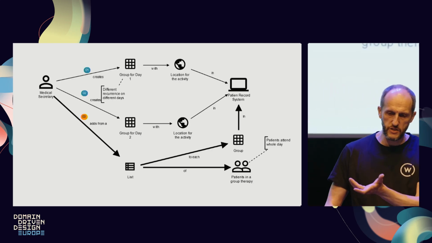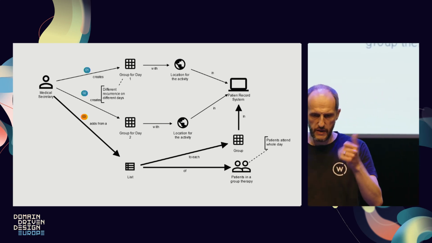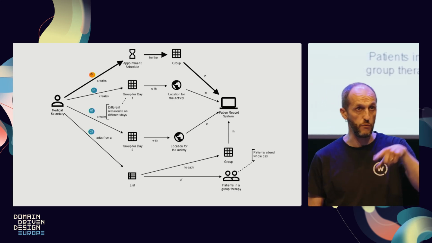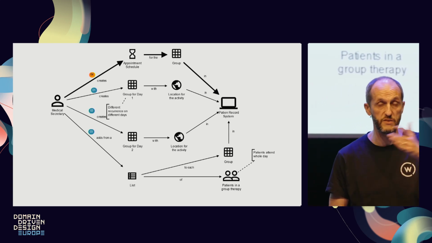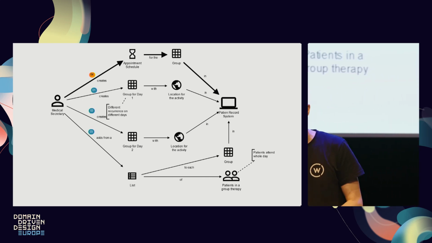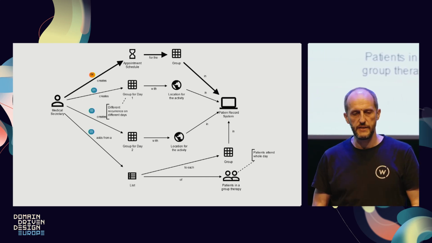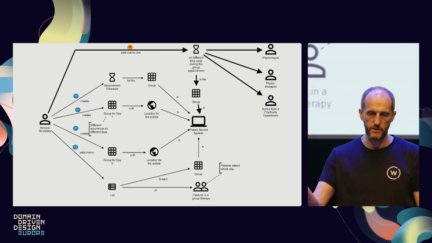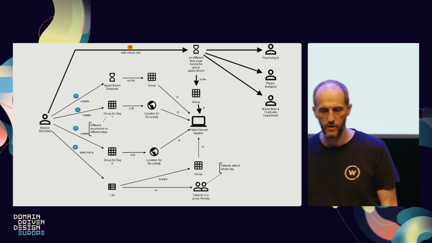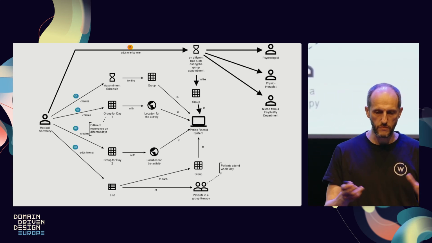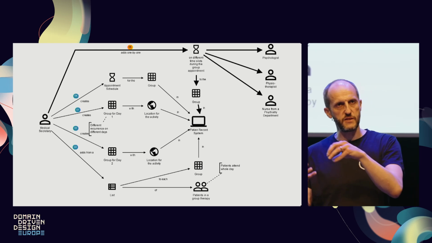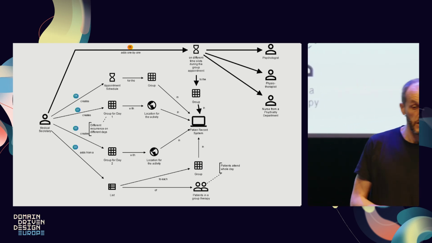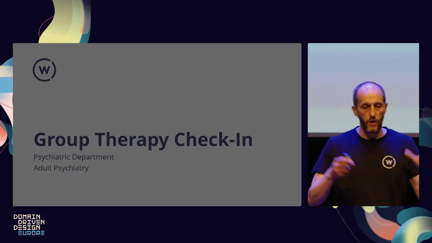And then we add patients to the group after those days that we have set up. And then we have the schedule for each day. What happens on Wednesday, 8 to 10, on Wednesday 11 to 13 or something. And then they set up who is going to participate in each appointment. Is it a psychologist? Is it a nurse on the psychiatry department, and so on. So now we see in this case that the legacy system is much more the core system, being used immediately. Okay, interesting. And how do you check-in?